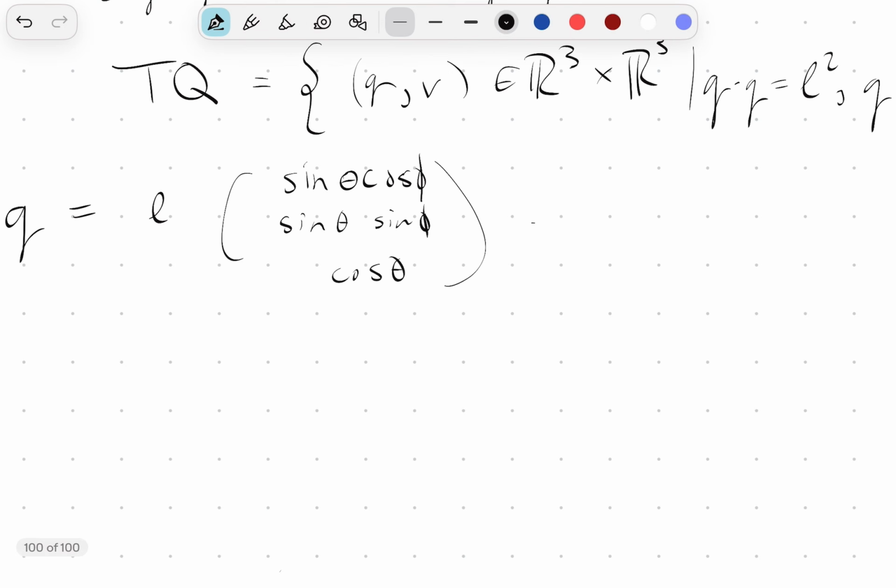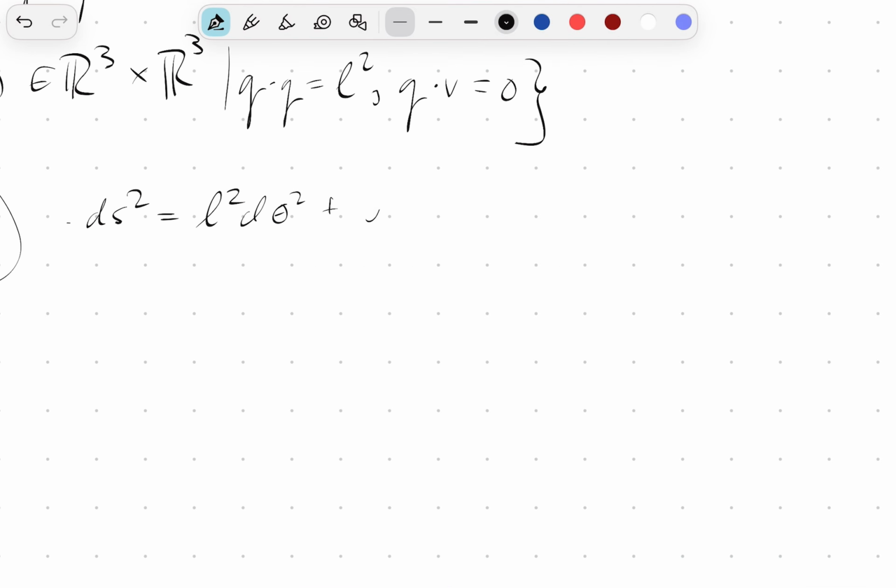Now the ambient Euclidean metric that we have, we're restricting it to the sphere, just as we did in the previous episode,